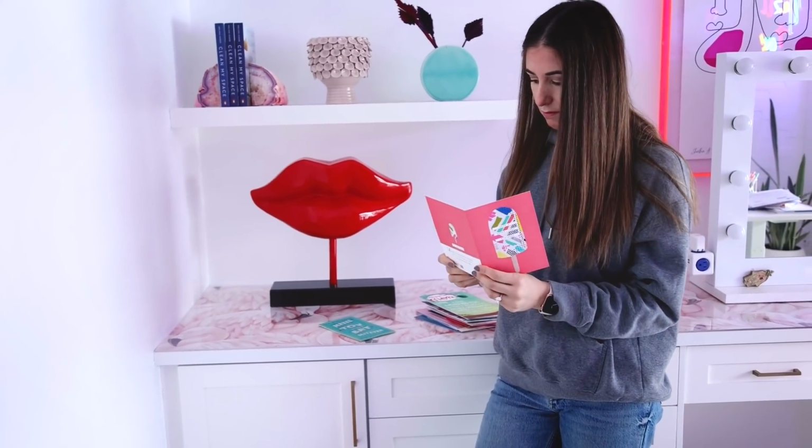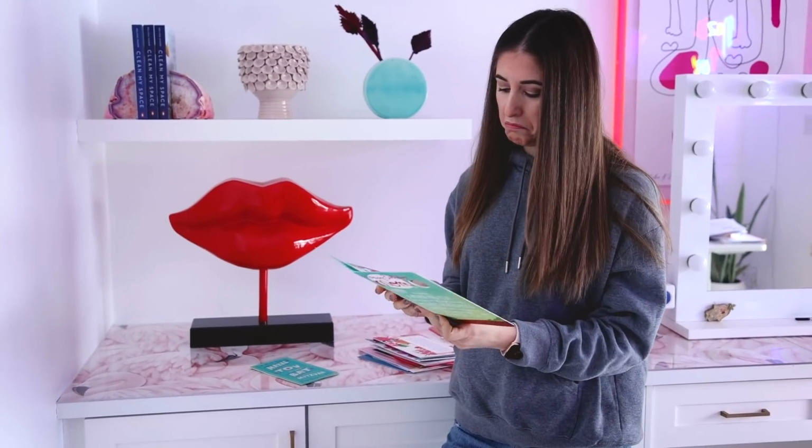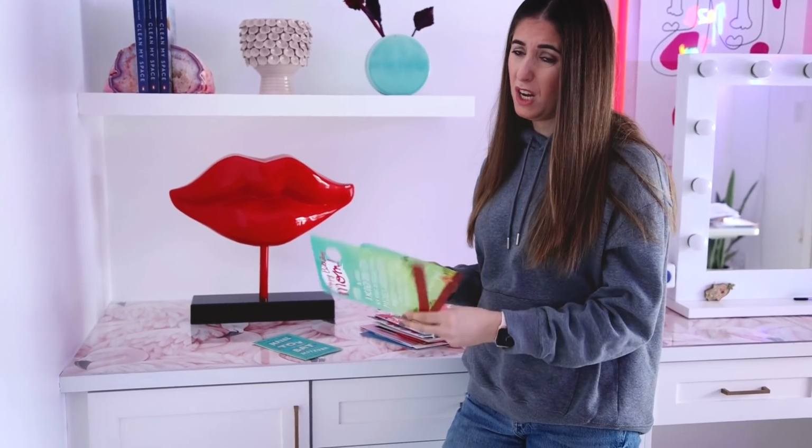So the way that I'm gonna be tackling this, because of course this box of cards is in my office, I'm gonna go through them. I'm not gonna worry about what they look like, okay? That's your problem. You bought me the card, that's on you. But I'm gonna look at the sentiment. If it's something really special, or if it marked a really special occasion, I'll keep it. Otherwise, I have to just move on from them because they're not serving any real purpose in my life and